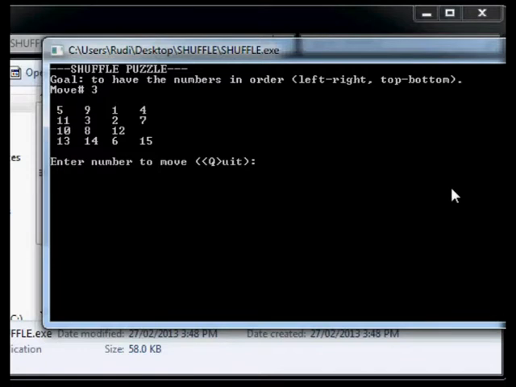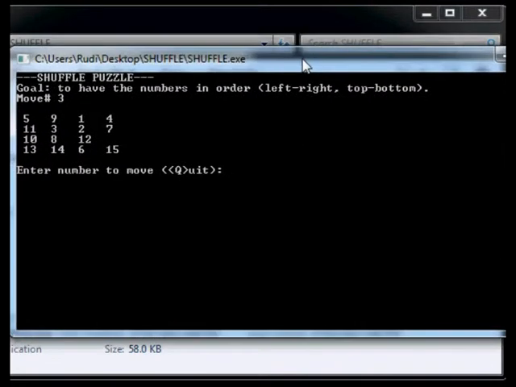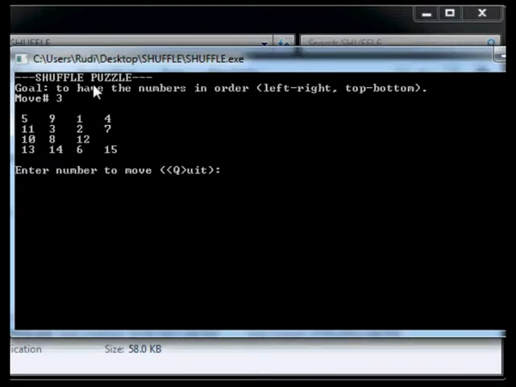You can see how that would take a while for someone to solve, but importantly, the program isn't just completely non-explanatory. The goal is to have the numbers in order left to right, top to bottom, so 1, 2, 3, 4 along the top there, and 15 where the 6 is, and 0 where, or blank, because it doesn't even show the 0, where the 15 is. So I'll hit Q to quit,